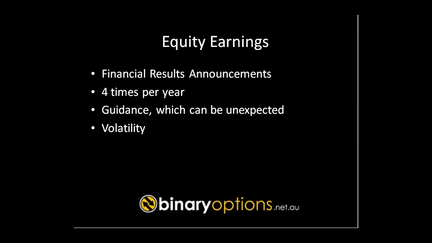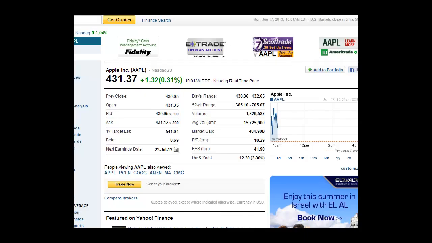The company is required to disclose publicly and in advance when it plans to announce these official results, and you can find this information in many places. Yahoo Finance has this information for each company and for the market as a whole. Many other financial sites have this information as well. You can find it at earnings.com, finviz.com, briefings.com, and many other information sources.